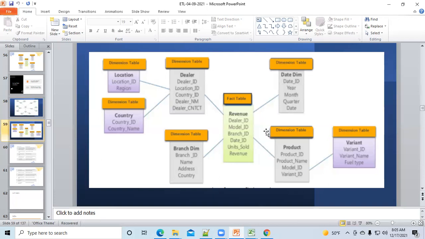Can you repeat again? In the dealer table, we explicitly mentioned dealer ID is a primary key, right? Correct. So that means location ID and country ID are not the primary keys of the dealer table. They are not the correct primary keys, right? Correct. So another table is